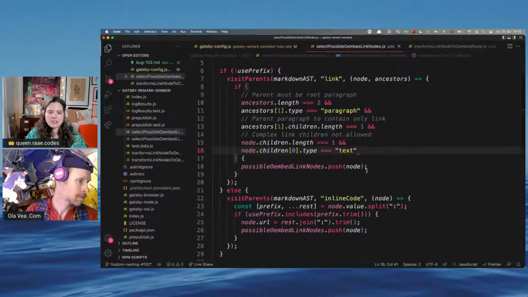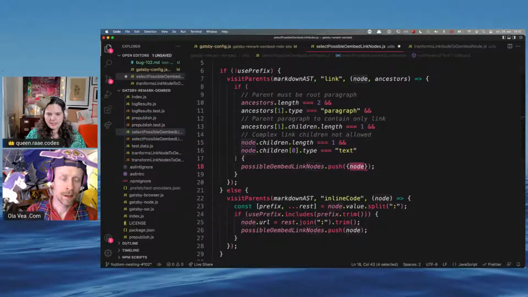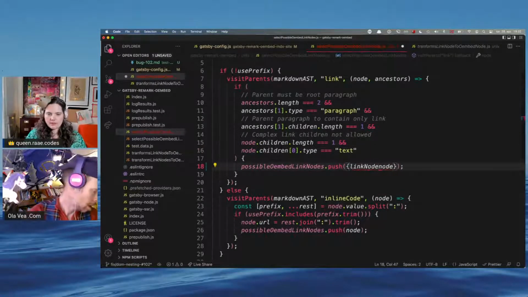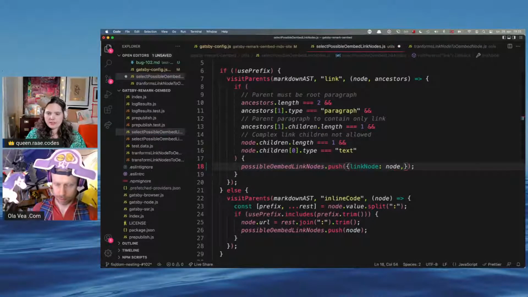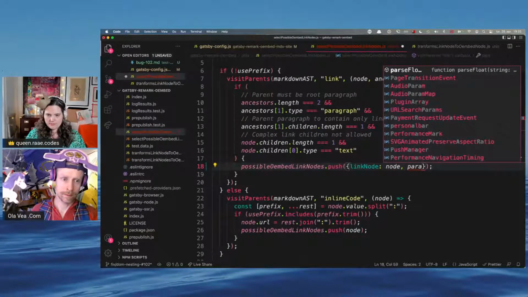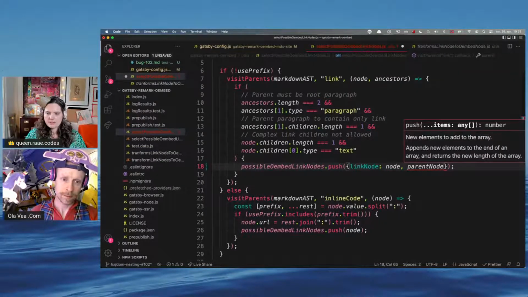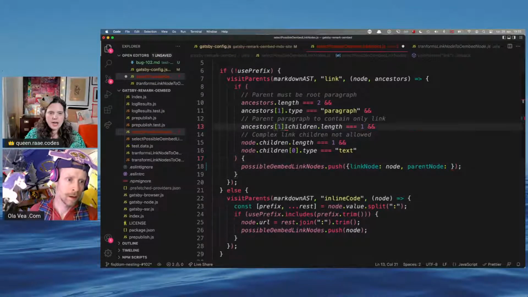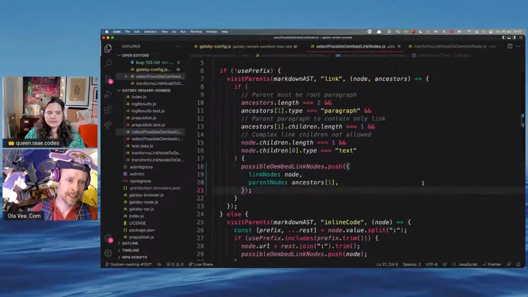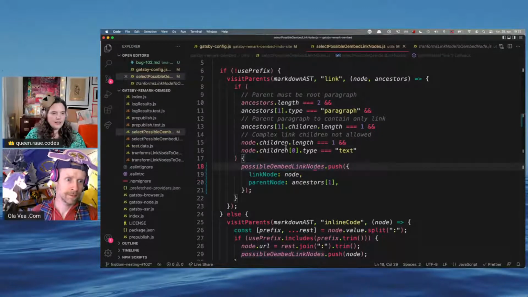Yeah. So let's make this an object instead. So we'll do link node, and then we can do paragraph node, or parent node. Let's do parent node. And that would then be ancestor number 2, which is in list place 1. Okay. Yes.